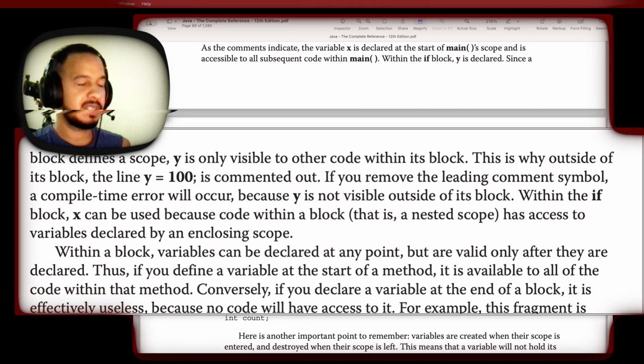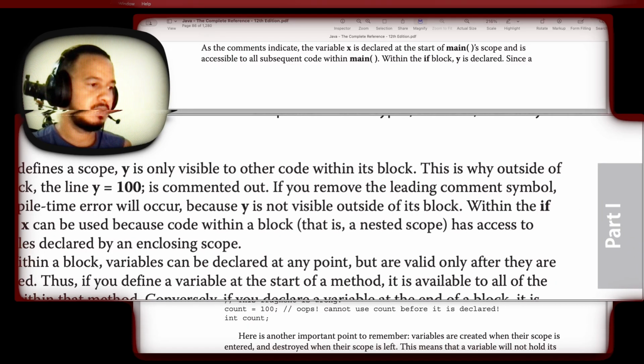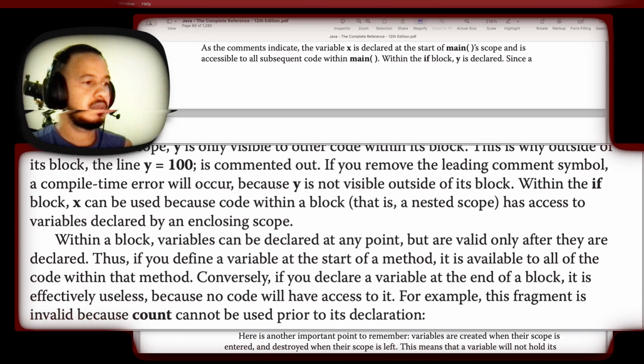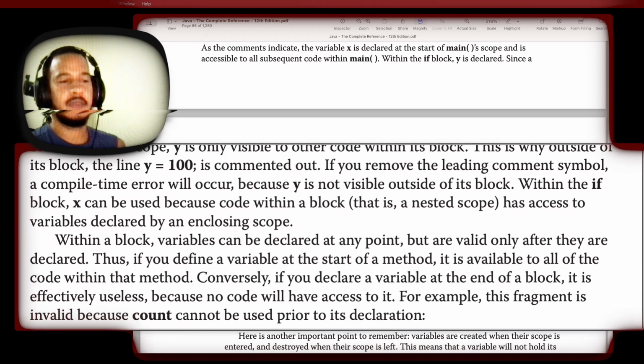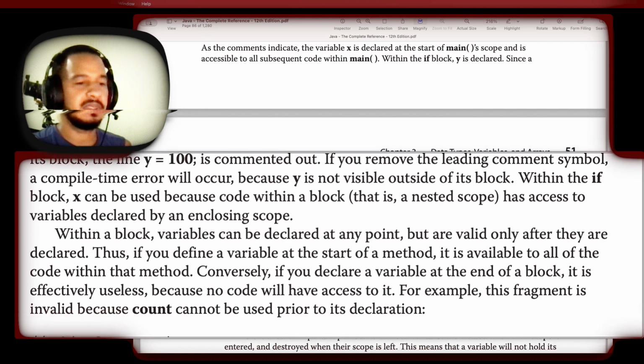Within a block, variables can be declared at any point, but are valid only after they are declared. Thus, if you define a variable at the start of a method, it is available to all of the code within that method. Conversely, if you declare